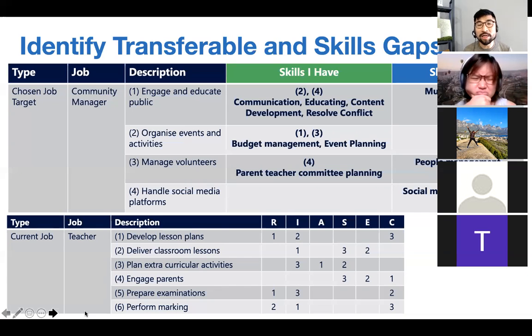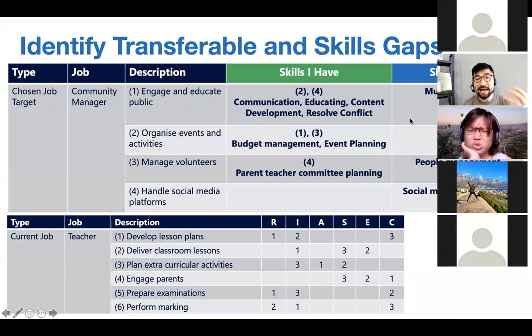The MySkillsFuture portal, besides being the place for RIASEC, to take the free code that I just mentioned to you, is also a very good place for you to do your course search. There is a directory of, I think, more than 20,000 courses or thereabouts that you can use your SkillsFuture credit on. This is where you can use your credits to find multi-language courses, people management courses, social media management courses, because these are things that are useful for you in planning your career.